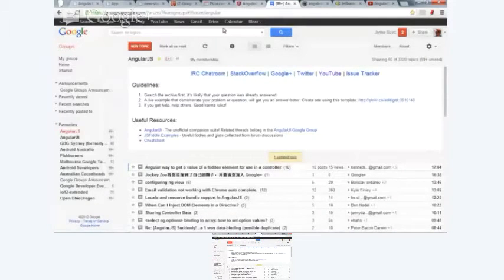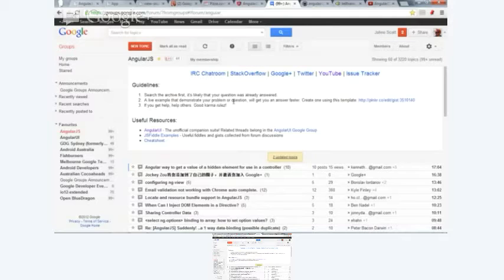This is the AngularJS Google group. It's extremely busy. Lots of good stuff on there. One disappointing thing about it is there's actually too much going on. It's one of those groups I'd really like to be across in detail and contributing, but there's too much for me in my normal working day to get across.